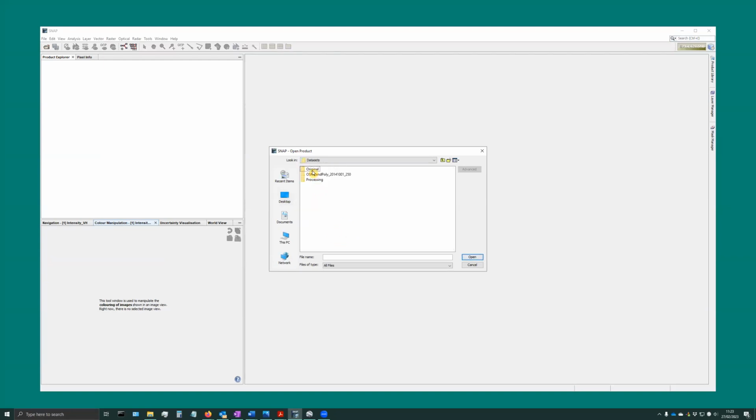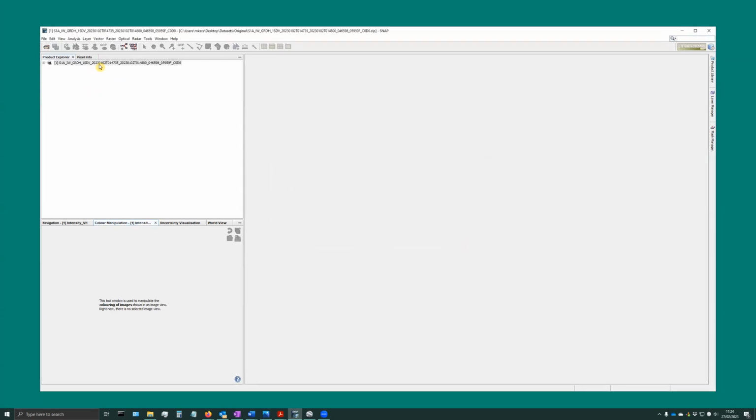So, for example, I organize my folders generally in this way, and I call the original whatever I've downloaded from the Copernicus Open Access Hub, and then any subsequent processing that I do, I put in a different folder, and I'll show that in a bit more detail in a moment. So this is the product that we've downloaded, and you can see it's in a zip file. I can simply just click on the zip and open that, and it will appear here in the Product Explorer